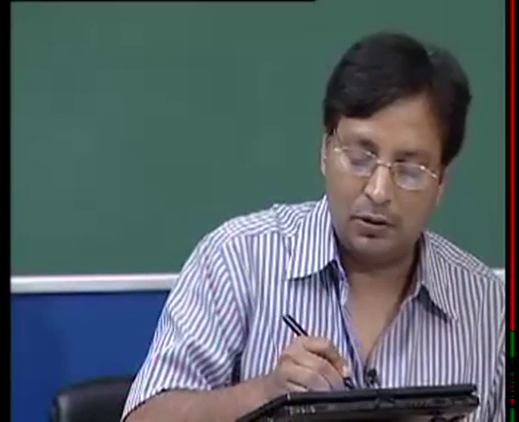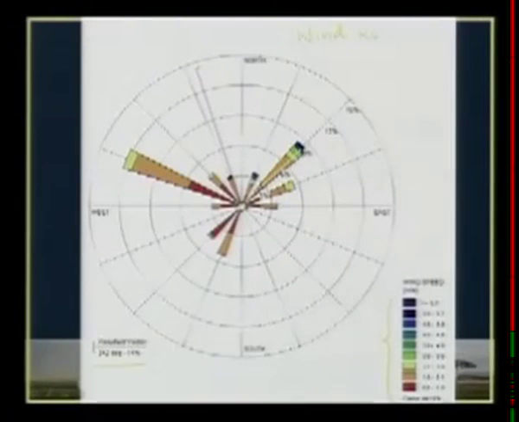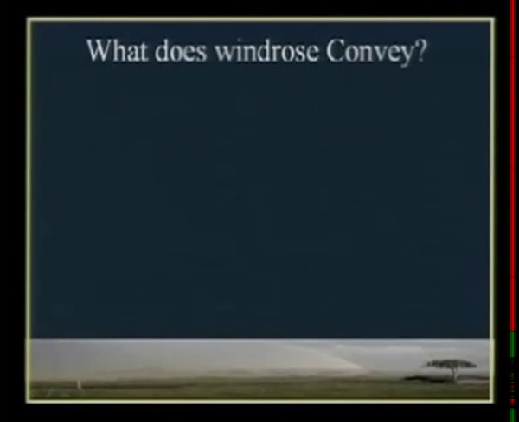And what is this called? I should have told you before actually. These are called windroses. Okay, so let's see what we want to say. What does a windrose convey? Okay, so I'll quickly write. Now you understand about the windrose. It conveys